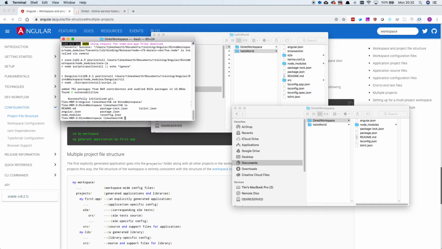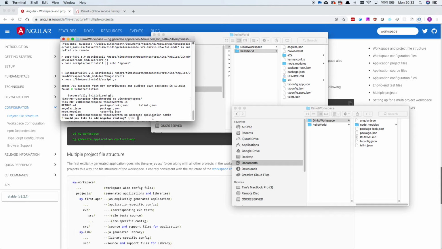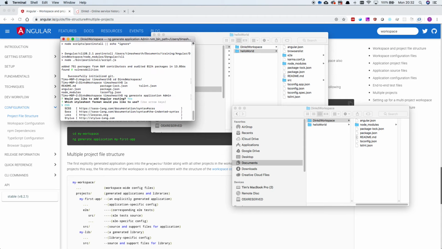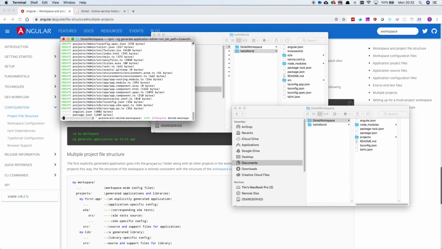add an application. So we're going to do ng generate, and I'm going to call it admin. Oh, yeah, application. Nearly missed that off. So ng generate application admin. I will add the routing here because this is going to be a real app. I like SCSS,